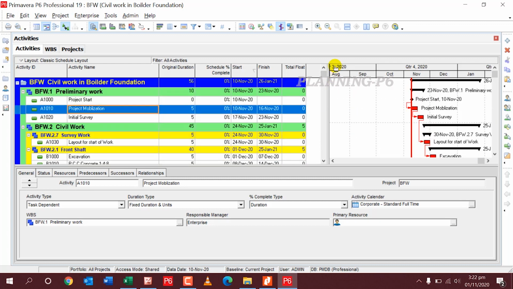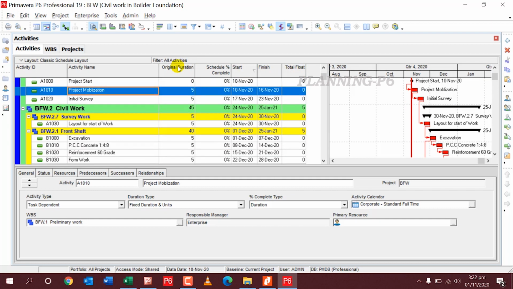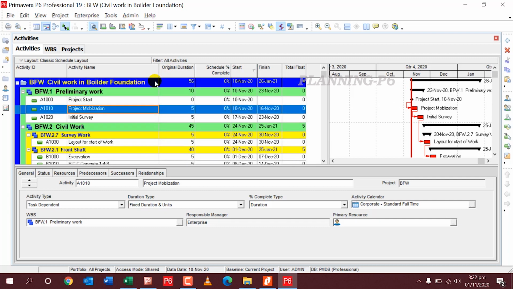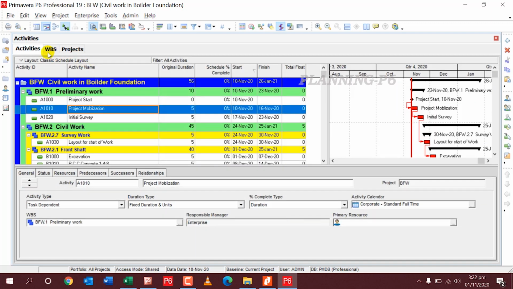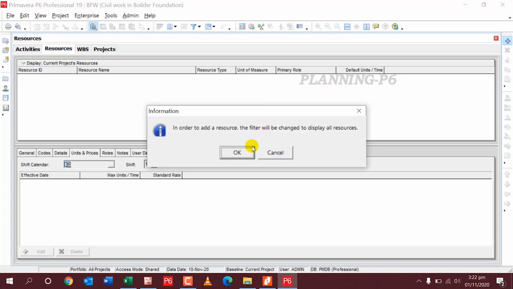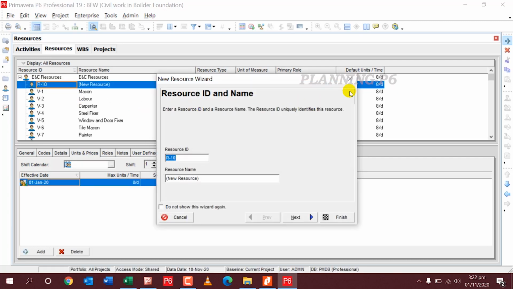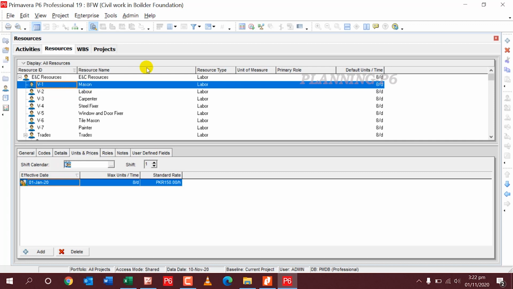First I will assign a cost resource to my activities. Then later on I will assign different resources. For cost loading, I will go for resources. I will add a resource here. I have created resources last time: mason, labor, carpenter and steel fixer here.